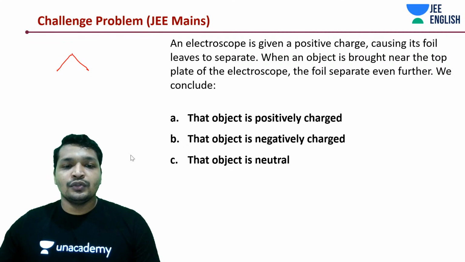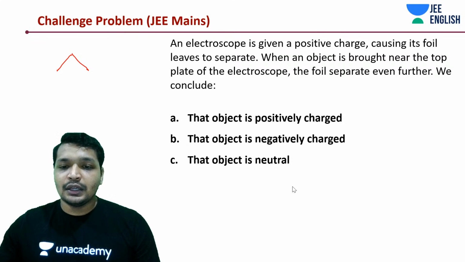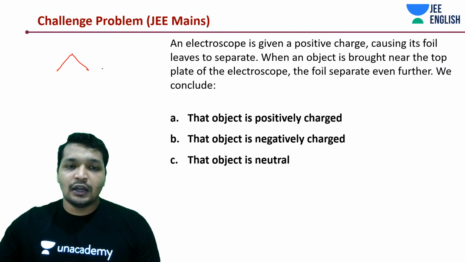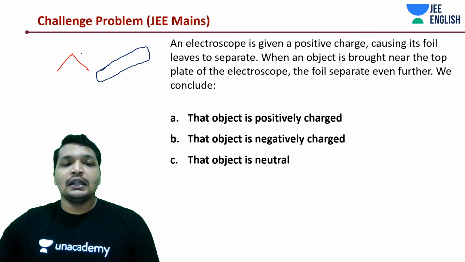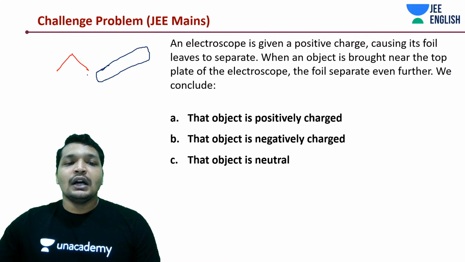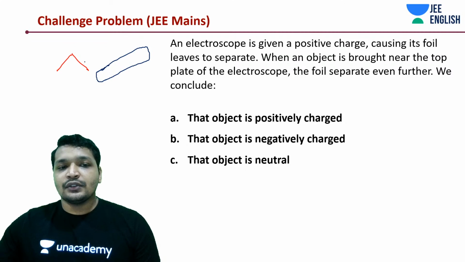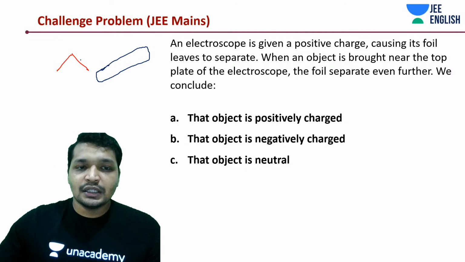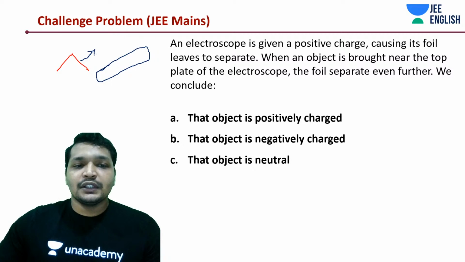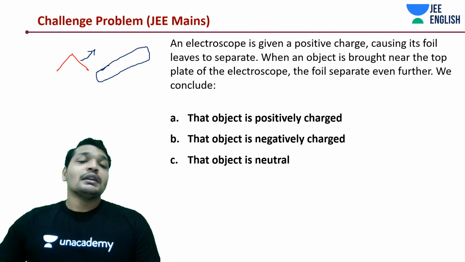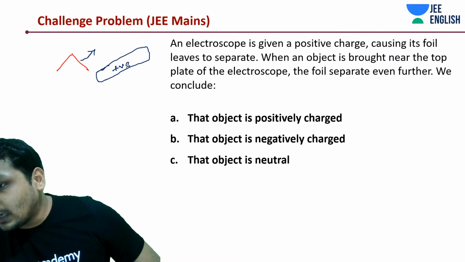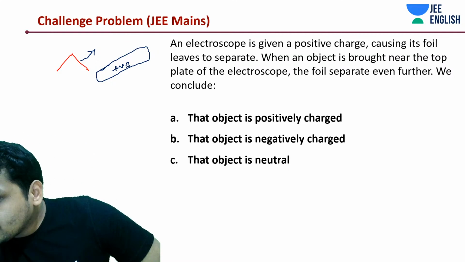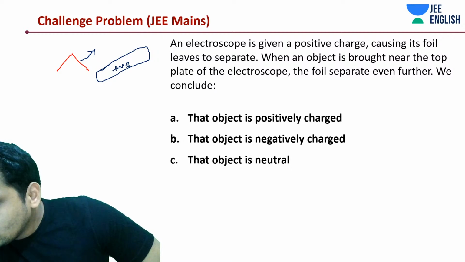Okay, so you have another charged or neutral object that you have brought near it. This is just a representation, and these leaves further separated. What does it mean? Probably this is positively